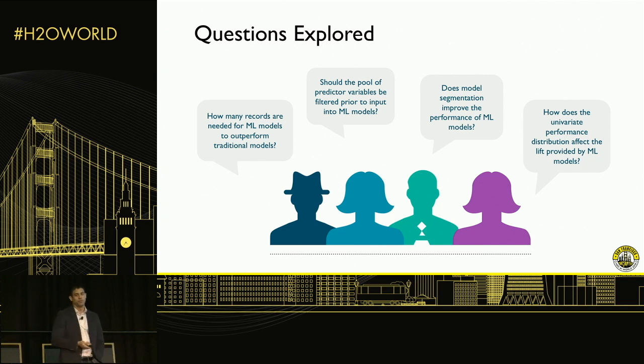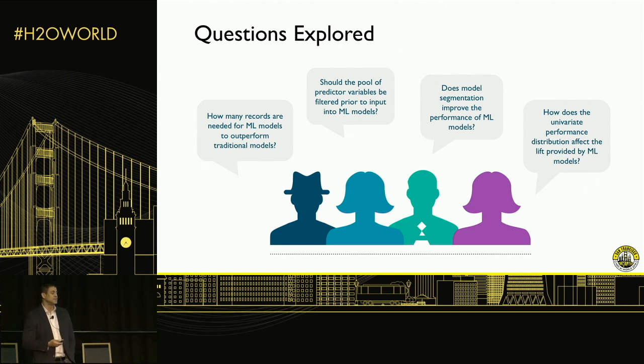But is that the same thing with ML models? Does segmentation improve the performance of models? General guidance is that your random forest or your GBM model will decide which splits are the most important. You don't have to do segmentation because it's a tree-based model. But is segmentation important in terms of ML models? Because you do have to do it when you do traditional models. And the last question is mostly about how the univariate performance distribution affects the lift